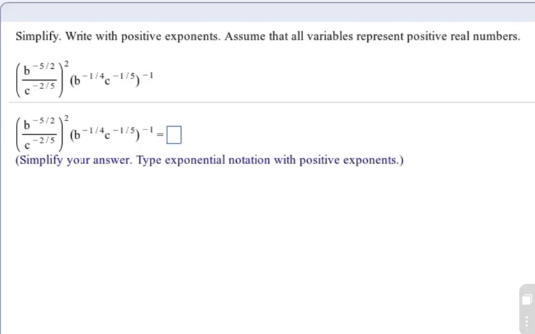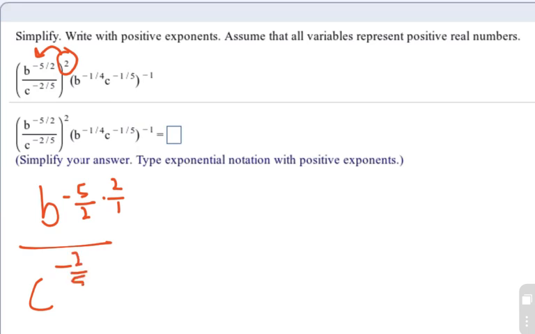Alright, on this problem, first thing you want to do is take your exponent of 2 and distribute it into the parentheses, and then you come over here and do your -1 and distribute it second. So I take my 2, and when I distribute it here, it's really b to the -5/2 times 2 over 1, and then on the bottom it's going to be c to the -2/5 times 2 over 1. And so, ignoring the whole second part for just a moment, that's going to turn into